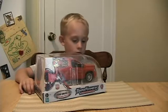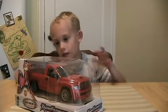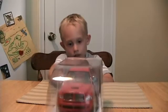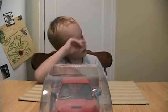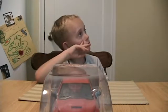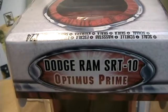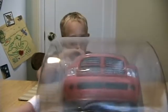And guys, I'm gonna show you the packaging. I want to show you guys something really neat on this before we even get around to busting it open. I'm so thrilled to see this. I've been looking forward to this, guys, for such a long time. Now this moment is finally here, and I feel like crying. I'm so happy. Not really, but I am pretty happy. So you can see Dodge Ram SRT-10 Optimus Prime. And we'll get a look at his good detail here in a minute, but...